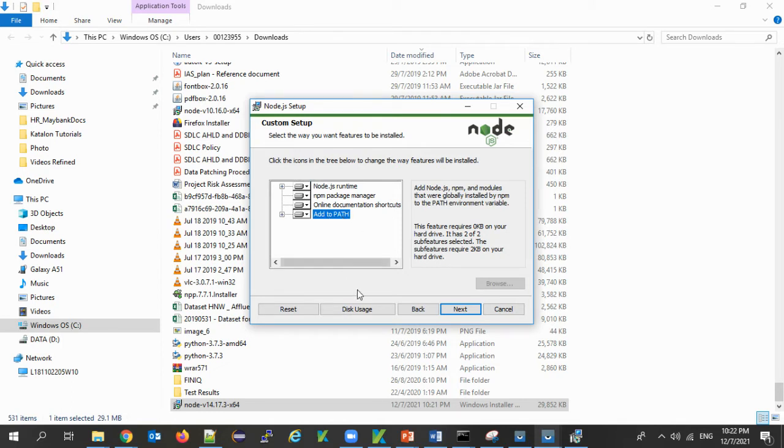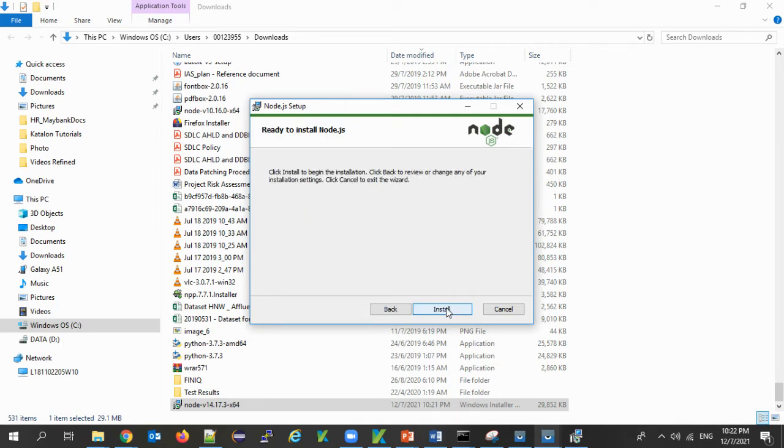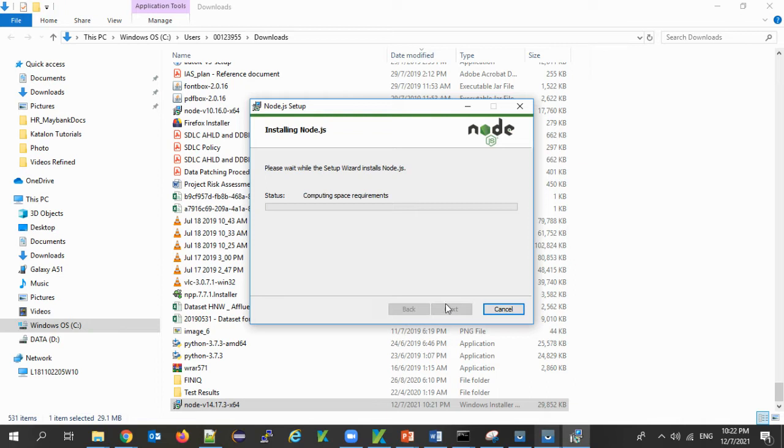After clicking on add to path, click on next, and the moment you click on next, it will start installing already. So let us click on it. Okay, automatically install necessary tools. You can select it and click on next, and then click on install. Once Node.js is installed,